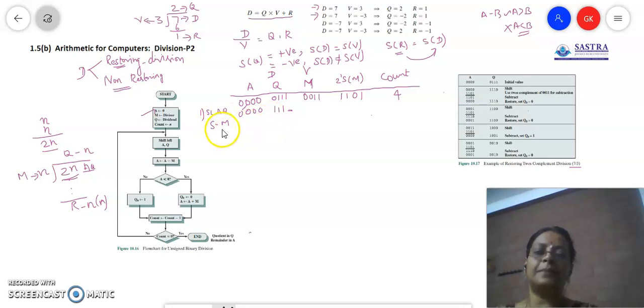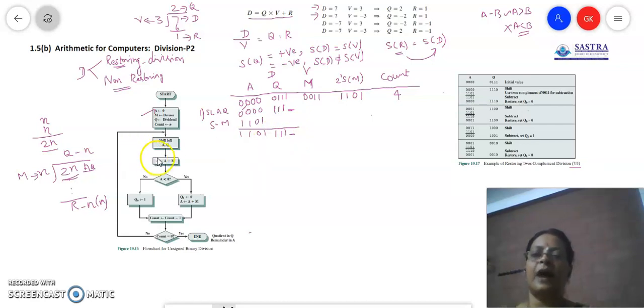What we mean by subtraction is nothing but 2's complement addition. So you take the 2's complement number, which is nothing but 1 1 0 1, and you have to add it with AQ. I am not going to write it here, I am just going to add that number near the A value. Now we are going to do the subtraction. Subtraction is implemented with 2's complement addition. So you will be getting 1 0 1 1, and this number is going to be 1 1 1, and the last bit as such we are just going to leave blank.